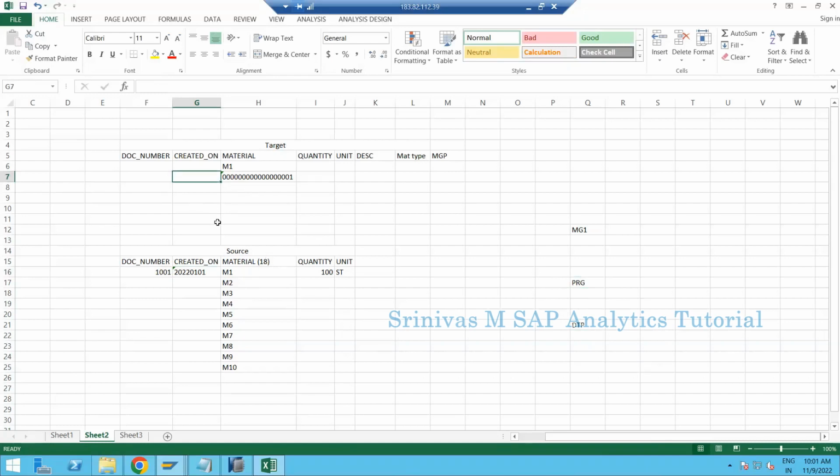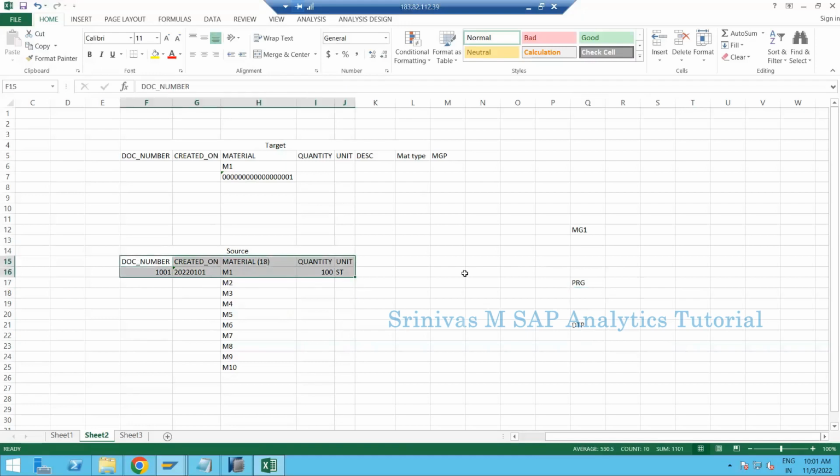So when bringing the source into target in this program, the first logic it will trigger is the start routine, and then the second logic it hits is the field level routine. The last logic it executes is the end routine. In this sequence the system executes the routines in your transformation. So coming to the first logic, the start routine, whatever data you are trying to load,